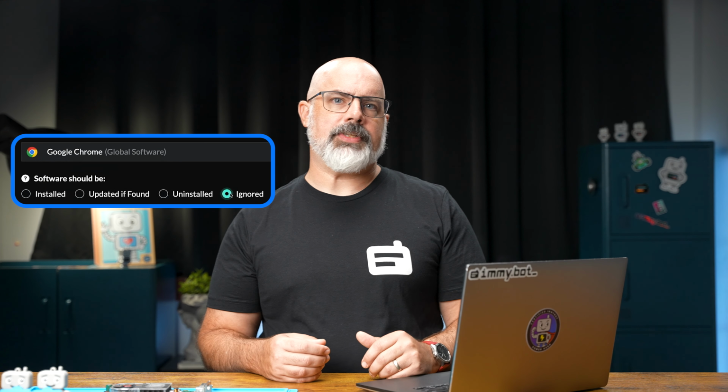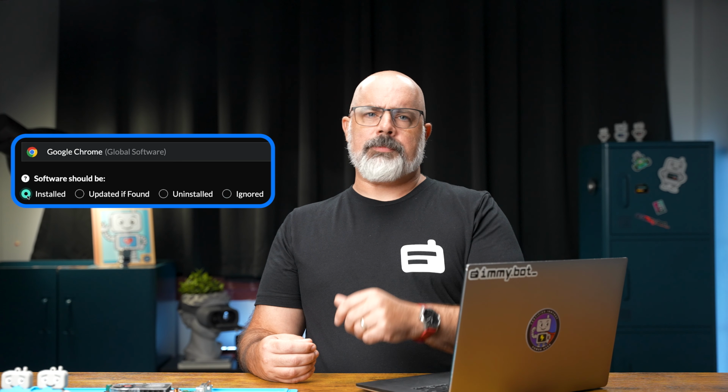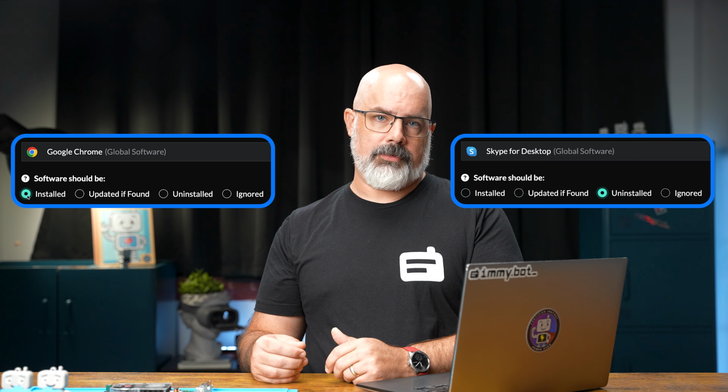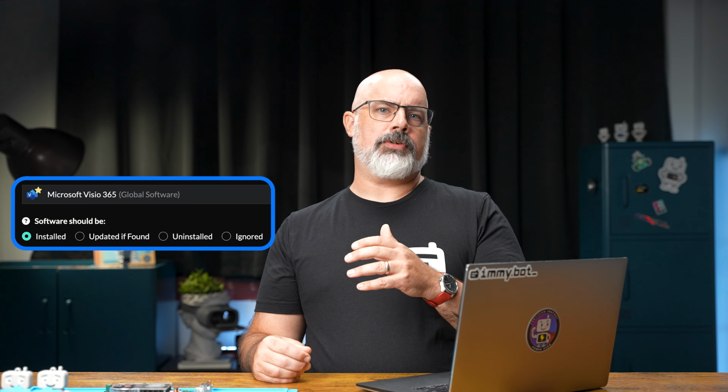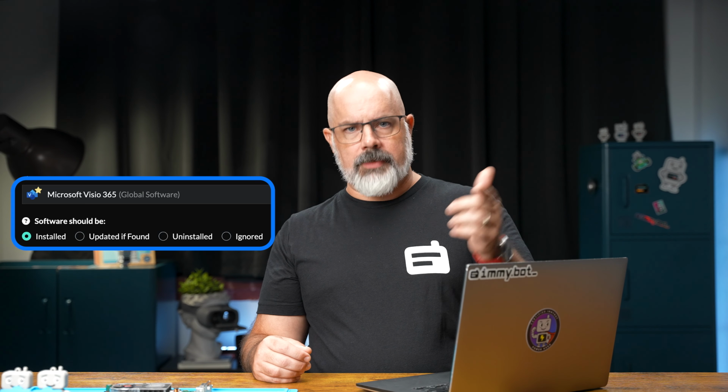one or more computers. For example, you might create a deployment for Google Chrome so that ImmyBot knows that it should be installed on all computers. You could also make a deployment to tell ImmyBot that Skype should be uninstalled from all computers. You can even create deployments that only apply under certain conditions, such as installing Microsoft Visio only for users who